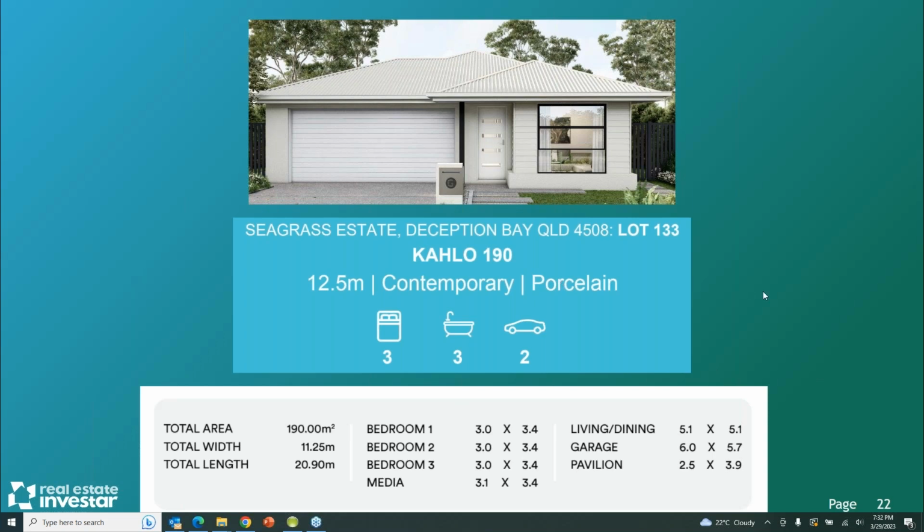So what we're showing now on screen is an example of a co-living property, and we're about to go into a floor plan, and I will explain the differences and how it can benefit you as a property investor, and also the benefits as a tenant as well. You can see from the street front, it looks like a standard traditional home, but it is a different configuration inside. You can see the bedrooms here are larger than standard.